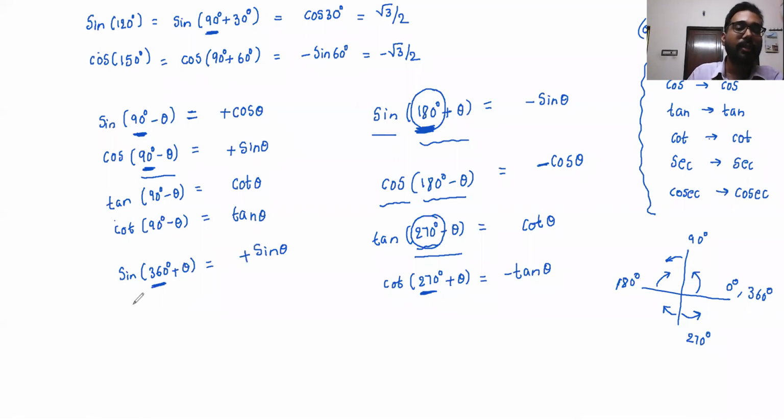So let us say cos of 360 plus theta. Cos of 360 plus theta is also going to be cos theta, because in first quadrant, since 90 or an even multiple of 90 is there, cos will remain cos, and in first quadrant cos is positive, so cos theta. So like that we can do for others as well. In fact, if we have 360, it is actually like the same thing. We are coming back to the original position, right?